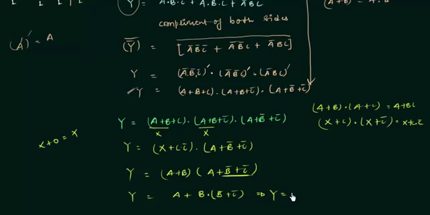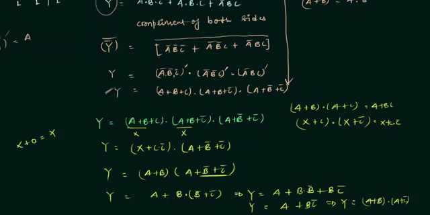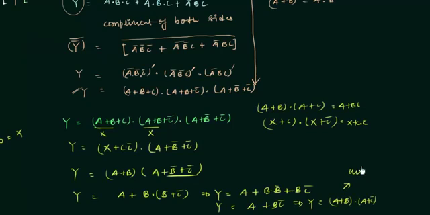So let's try to find out the function y by the distributive law again. A or, I have to open this bracket, we have b and b complement, or b and c complement. b and b complement is definitely equal to 0. So we have a or b and c complement. And again, using the distributive law, we have a or b and a or c complement. So this is the minimal